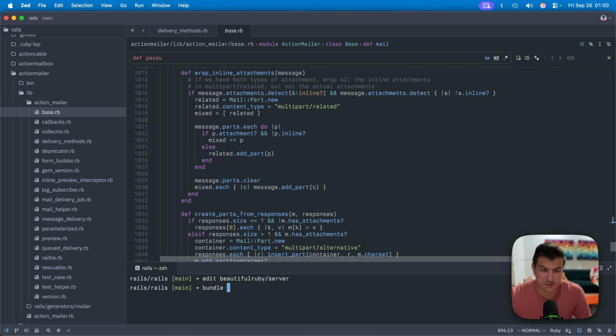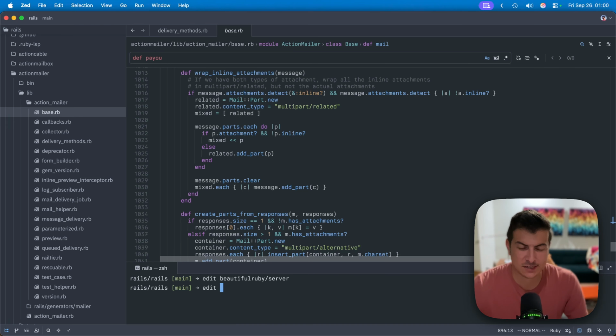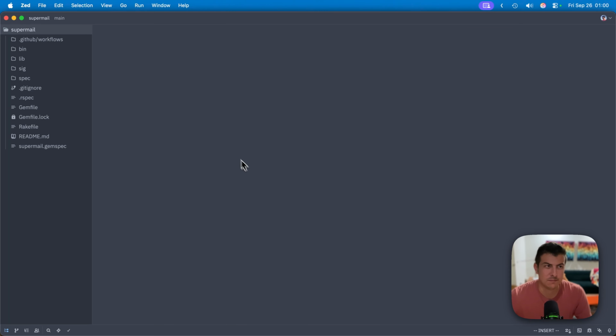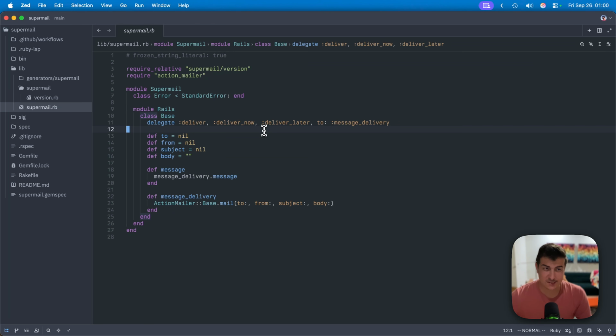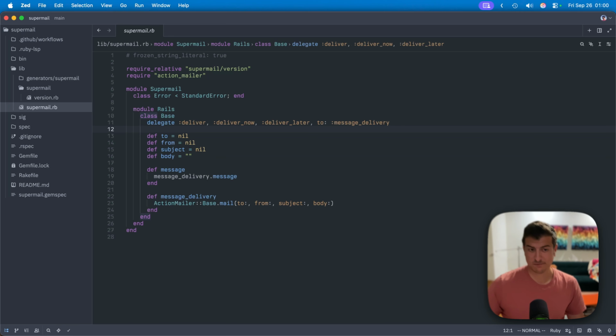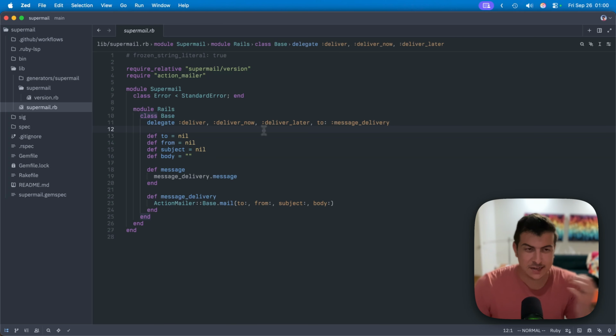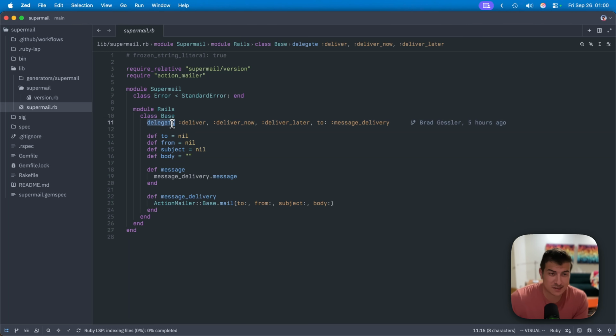All right, so bundle, not bundle open. We'll just say edit, beautiful Ruby, Supermail. All right, the source on this is actually quite small. This is it. This is the source for this thing. You can see the base. We're delegating